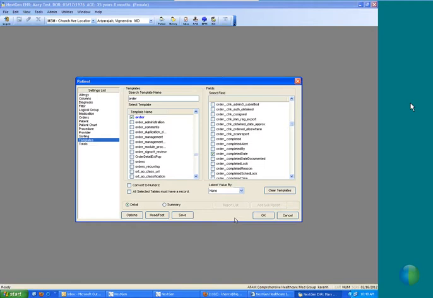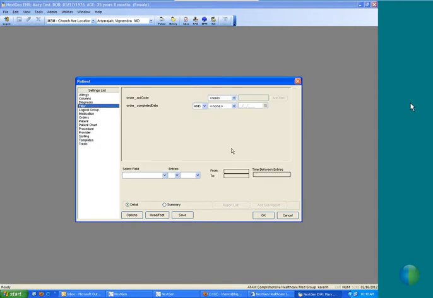Go over to your filters over on the left. Until you have these fields selected, you can't filter by anything. So we're going to say the ACT code is equal, and then type out there to the right, 77057. Good. And the completed date is,